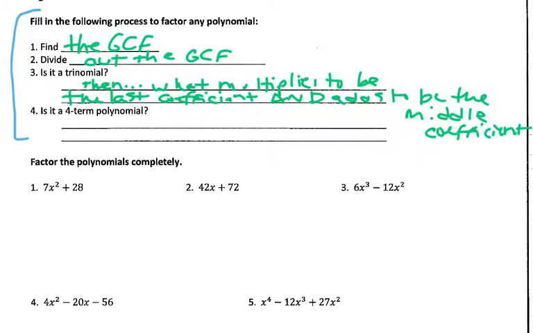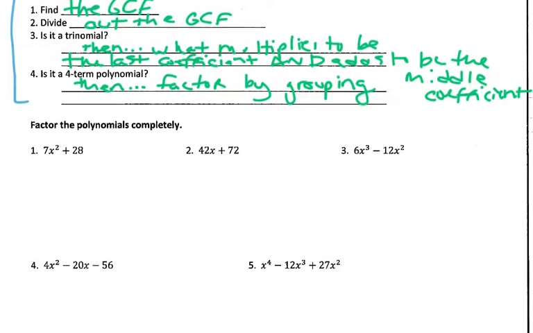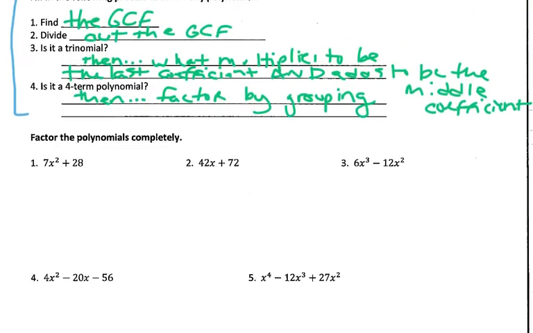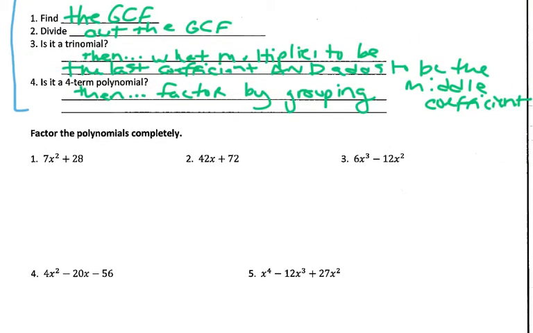There it is. The other piece there is that if it's a 4-term polynomial, then we're going to factor by grouping, which we have 2 strategies for now. All right, so taking a look at our first example here, and keeping those instructions, I'm looking for